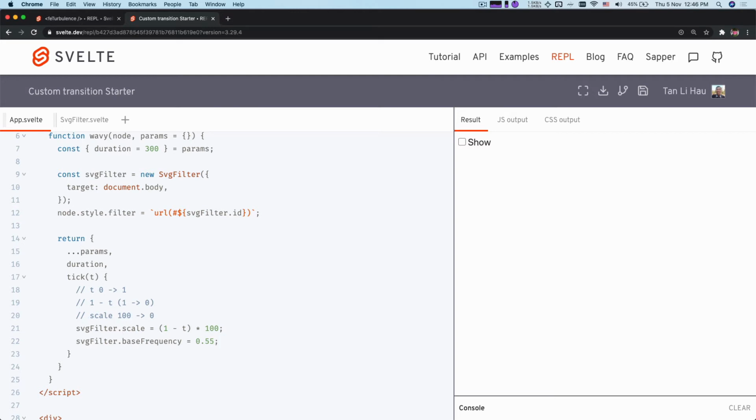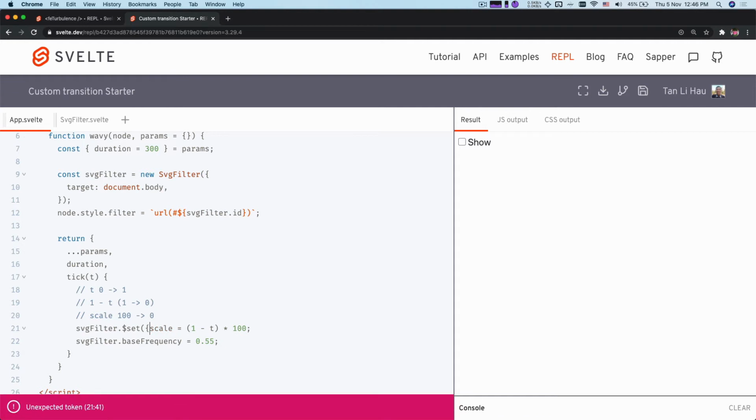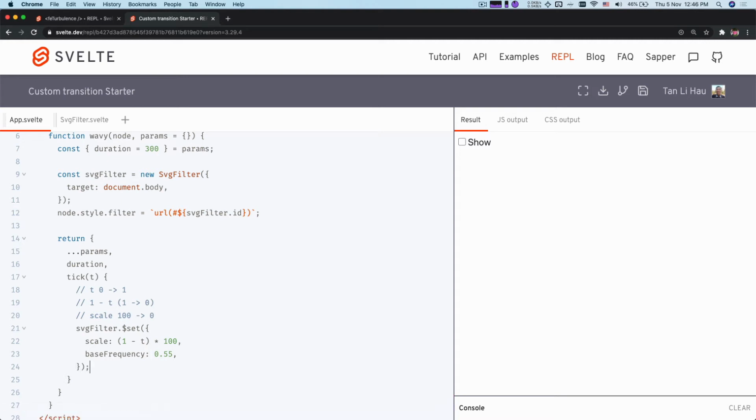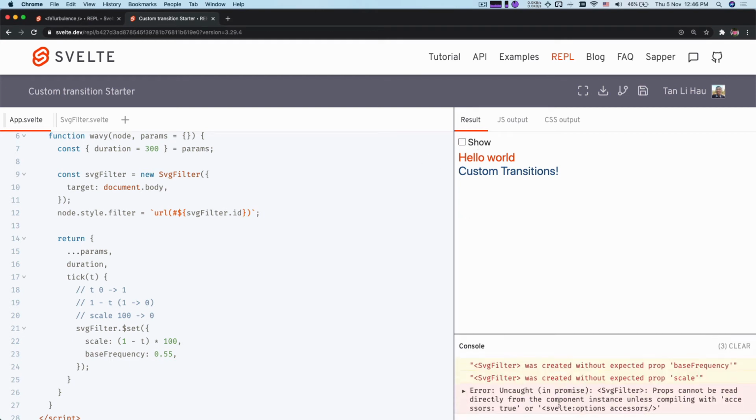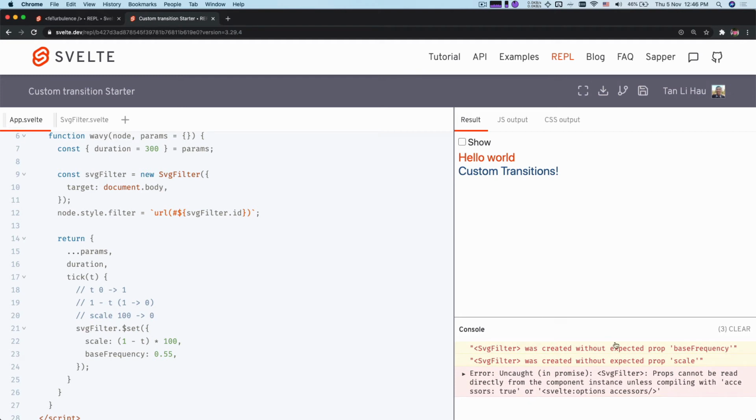So what we can do here is that we can use the set API, set scale, and sorry, yep, and let's try it out. Okay, let's see what's going wrong. Props cannot be read directly from component instance. Oh no, this is